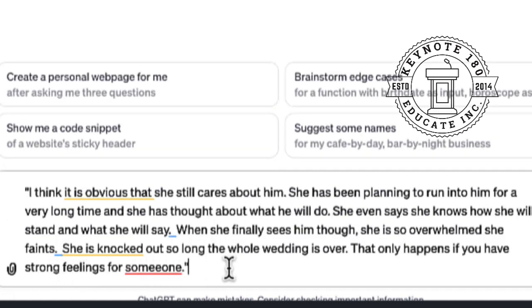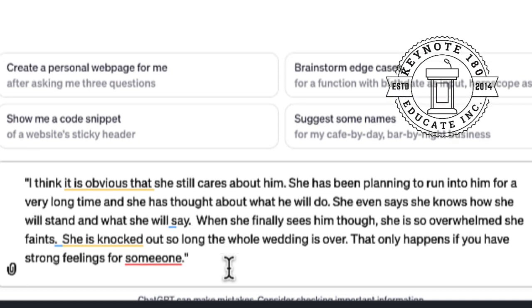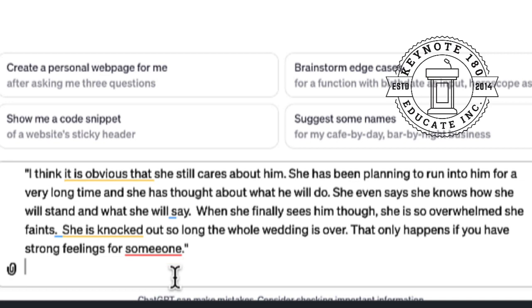I'm not going to hit enter yet. If I hit enter, it's going to start working on this. So I'm going to click Shift plus enter. It will take me to a new line. So I'm going to go to a new line, and here I'm going to ask ChatGPT,